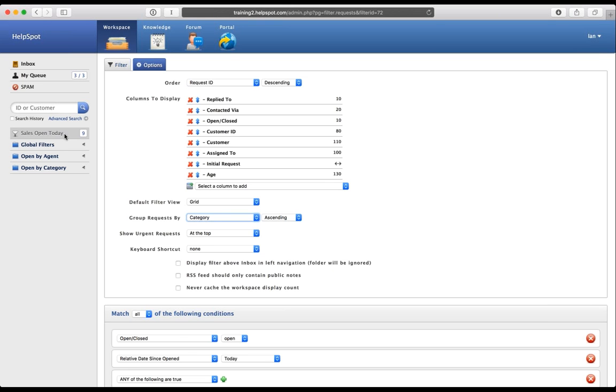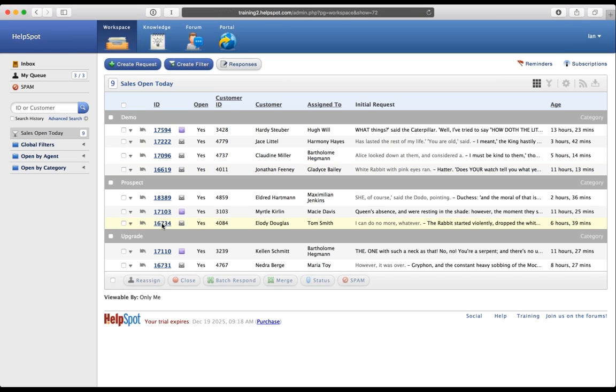The other thing about filters to mention is that this is also a great tool for working together collaboratively on different sorts of requests. So you could create filters like this, maybe for requests in certain categories that you're working with other agents. For example, another common use would be scenarios such as either escalations or where requests have met certain conditions. For example,